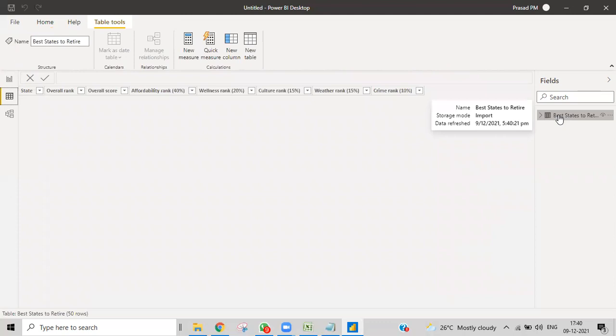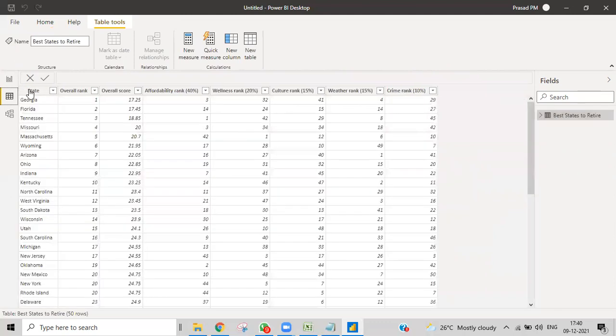Best states to retire in the USA. There are all the states and the overall ranking to retire. For people who want to retire, they are showing some score. They're giving a score according to affordability rank, which state is best for affordability, wellness, which state is best for wellness, and culture.